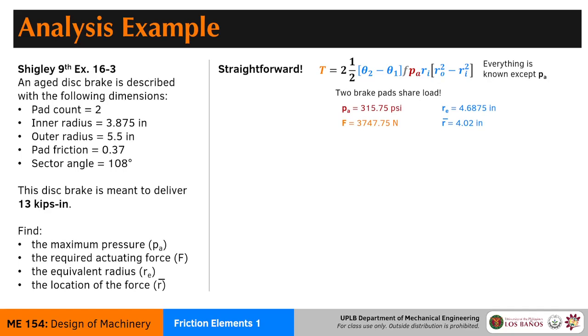Now, all right, so what model did we use for this case? If you check here, an easy way to know what model you used is that for uniform wear, usually the inner radius or the inner diameter is kind of left out of the difference, whether that's squares or cubes or whichever. So this one is a uniform wear. This was signaled by the aged disc brake comment. So when it says aged, you immediately assume uniform wear. If it's not stated, always assume uniform wear. All right, so that's the rule.